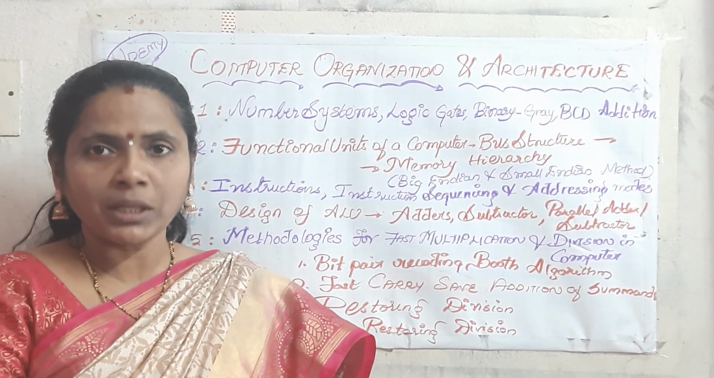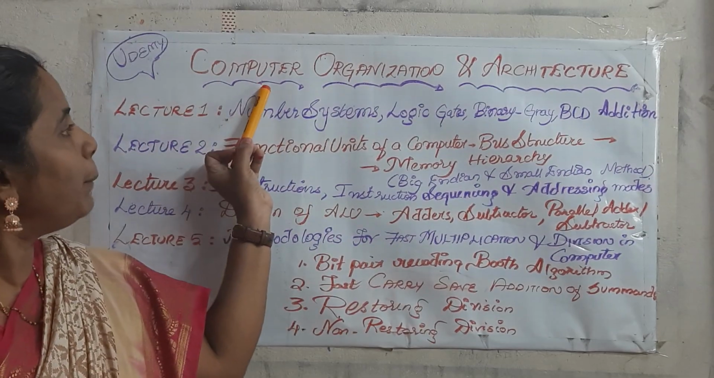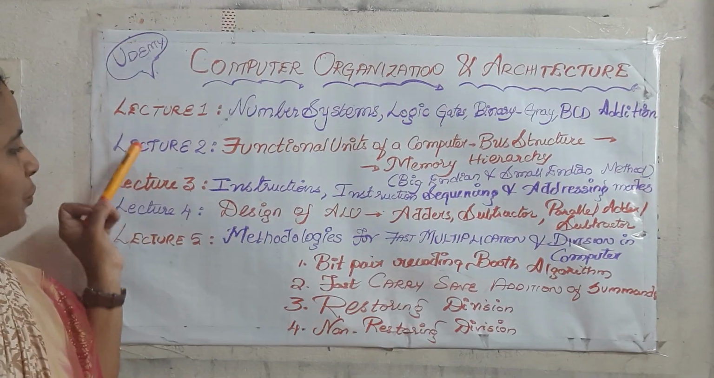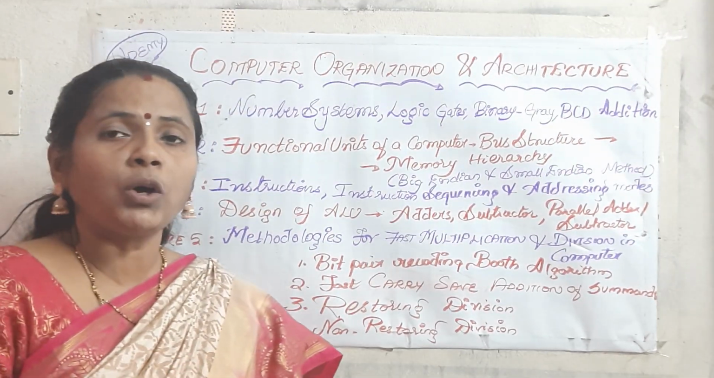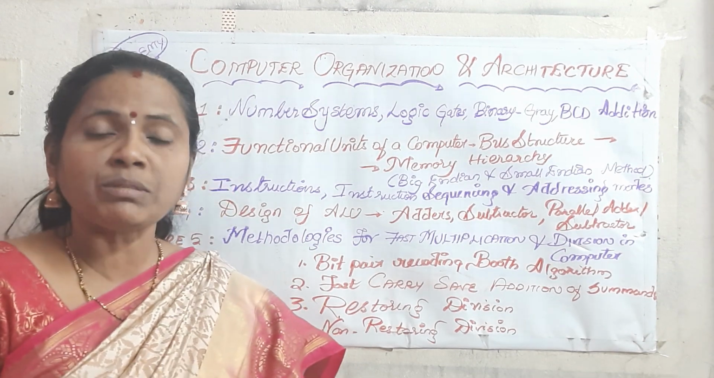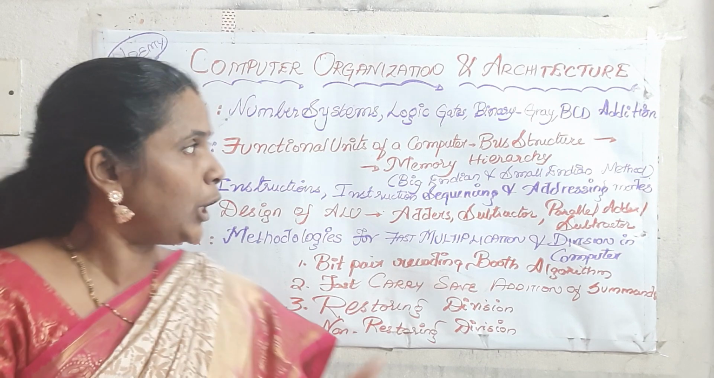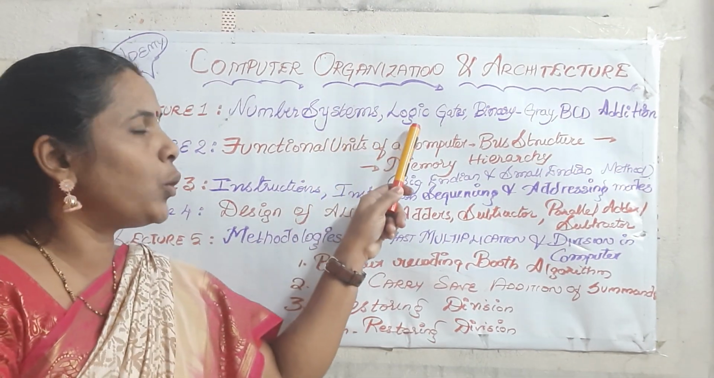In today's session, we will be learning about the Udemy course on computer organization and architecture. It covers 5 lectures, in which the first lecture tells about the different types of number systems, namely binary, octal, hexadecimal and the decimal conversions, and how the conversions interrelate with each other, and also about the different types